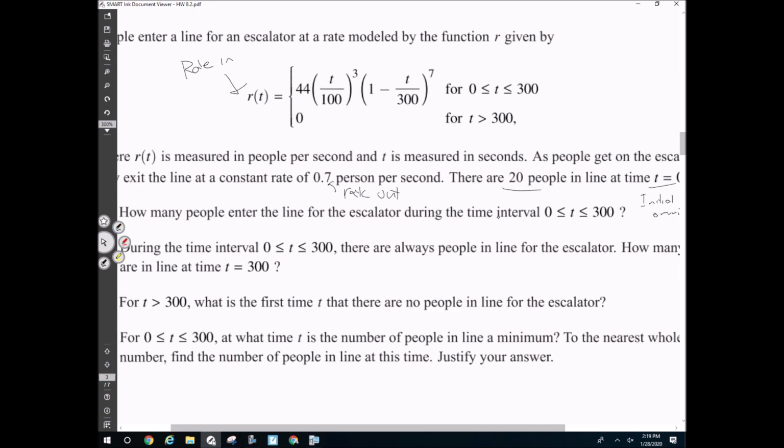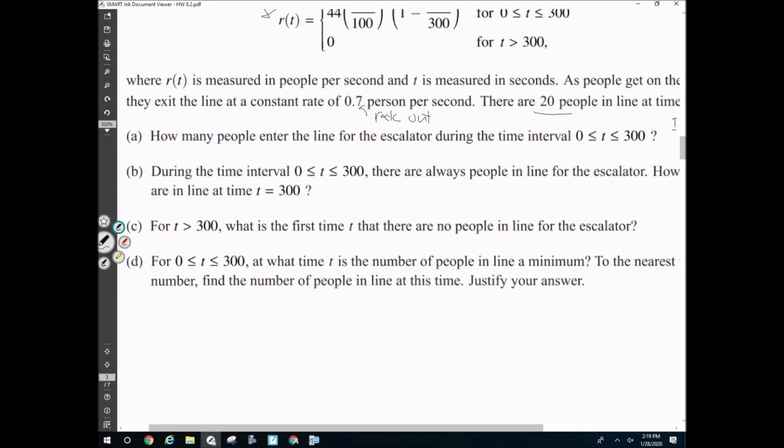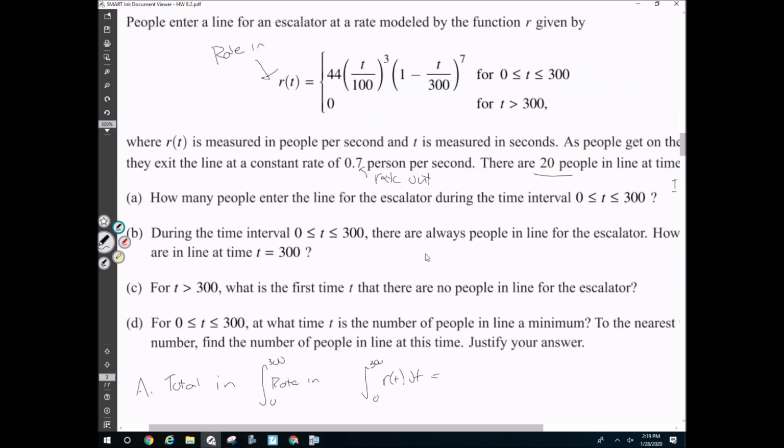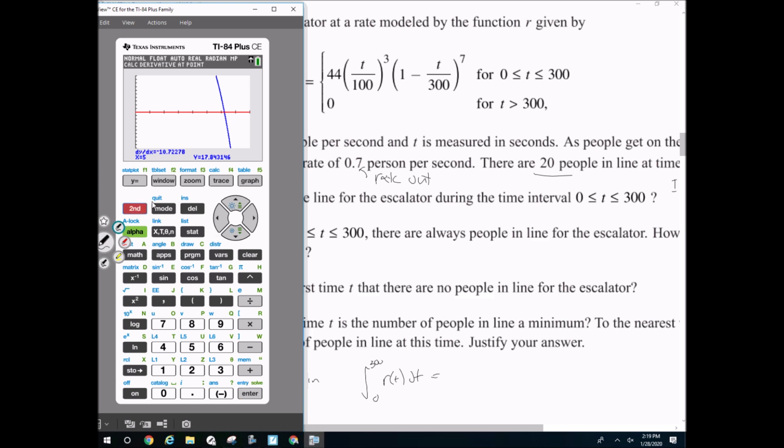How many people enter the line from 0 to 300? So total in. It's not the total amount, just the total that has come in. That's going to be an integral of my rate in from 0 to 300. That's going to be the integral from 0 to 300 of R. So, math, 9, 0 to 300 of 44 times T over 100